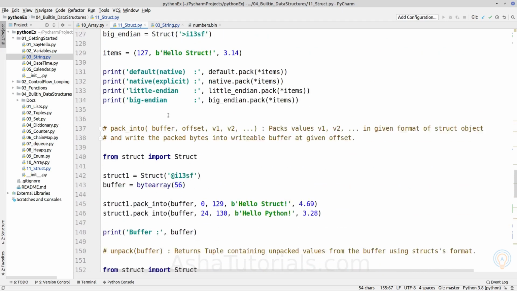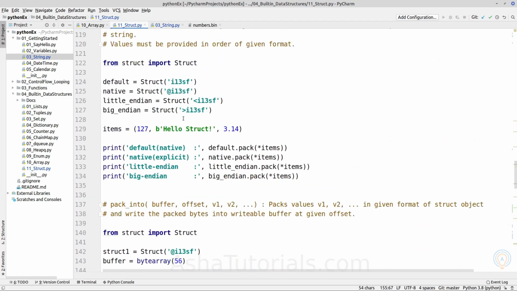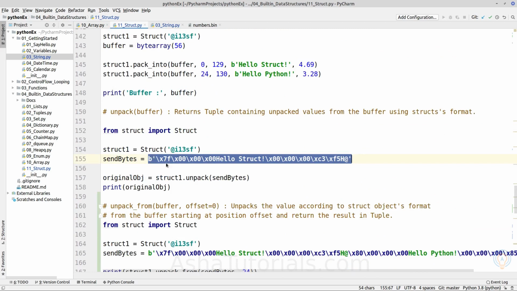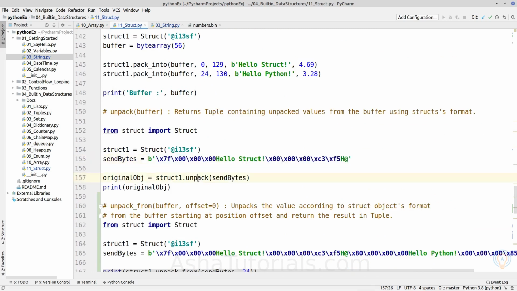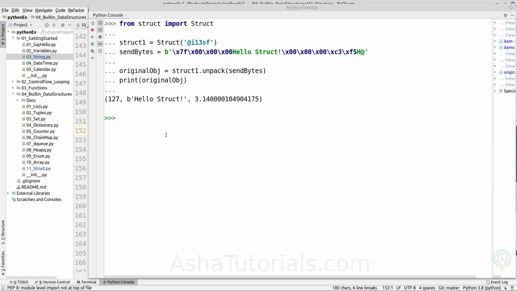Same as we constructed from the pack method, the resulting byte object we will provide to the unpack method, which will return a tuple object of the original Python objects. If we execute it, it is returning, first, an integer object, second, a string object represented as a byte, and third, a float object.